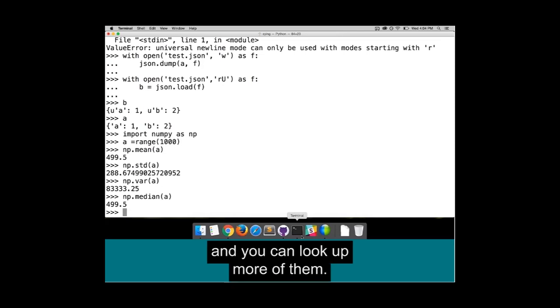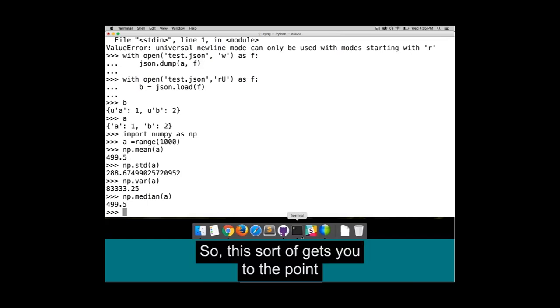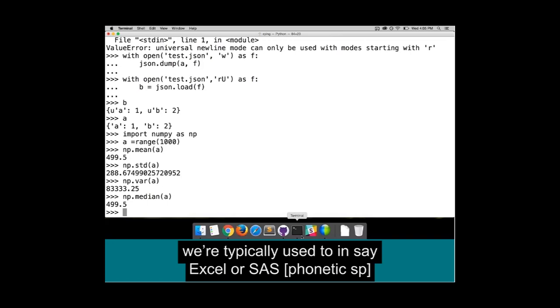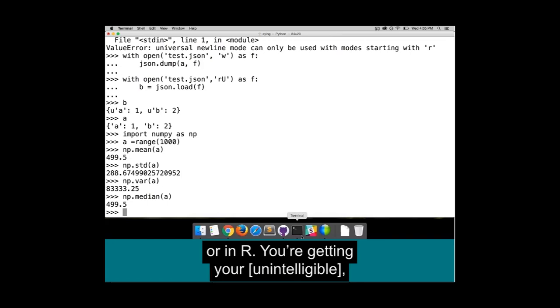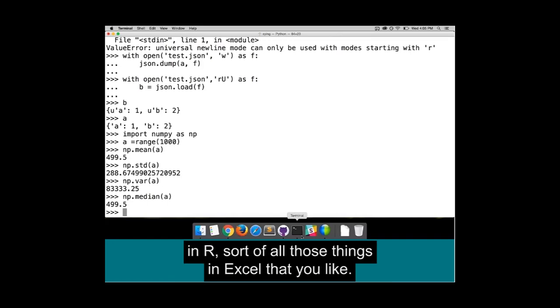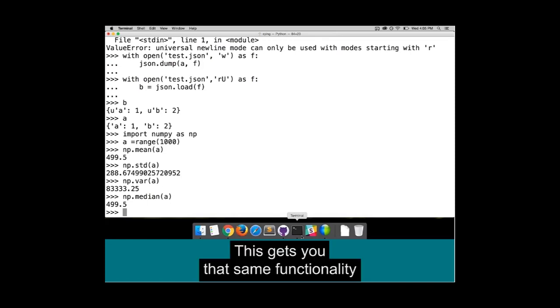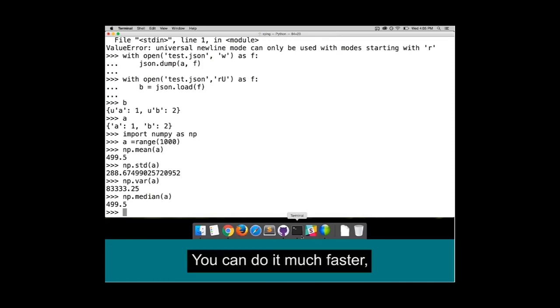It has a lot of those values, and you can look up more of them. The documentation is very well sorted. It's a very well used package, and this gets you to the point we were typically used to in say Excel, SAS, or R. You're getting your proc freq, your descriptive statistic summaries in R, all those things in Excel where you're summing up or doing the mean or the average. This gets you that same functionality, but much more powerful. You can do it much faster, on much larger data sets, and you can write to